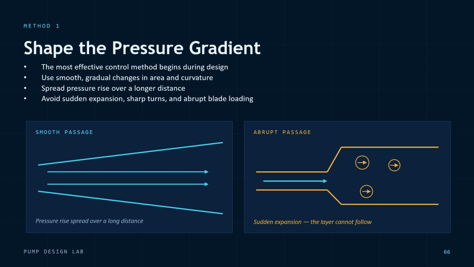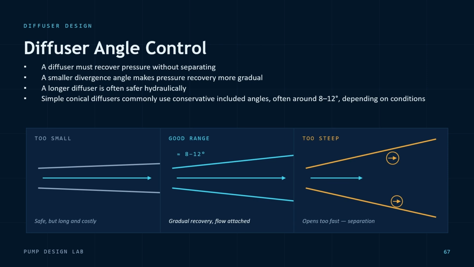Diffuser angle control. Diffuser design is a classic example. A diffuser must increase pressure, but it should not do so too suddenly. A longer diffuser with a gentler divergence angle normally gives the boundary layer more chance to survive. If the included angle is too large, separation becomes likely. Practical simple diffusers often use conservative included angles, commonly in the approximate range of 8 to 12 degrees, depending on application and inlet conditions. The same philosophy applies inside the impeller, where blade curvature and loading determine the pressure recovery